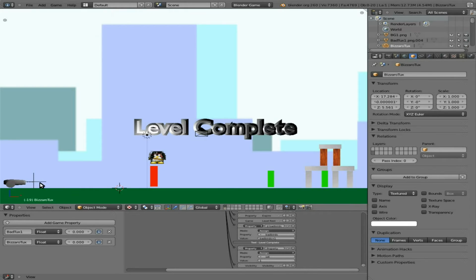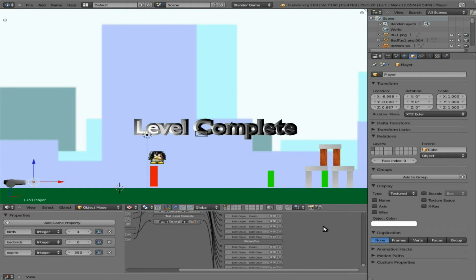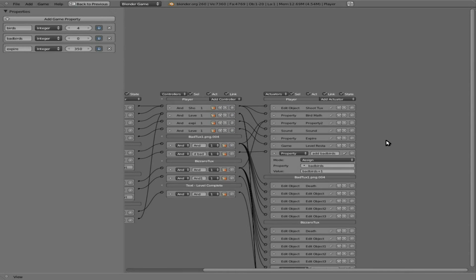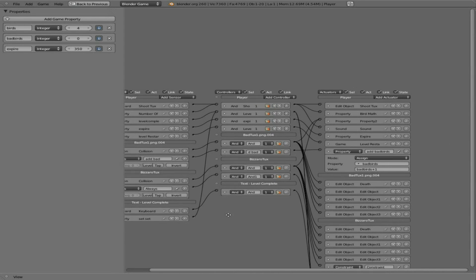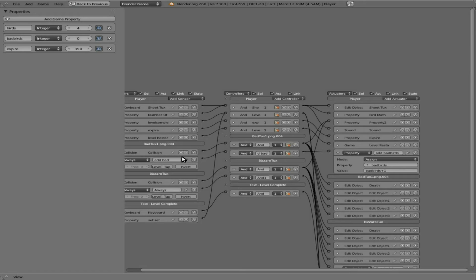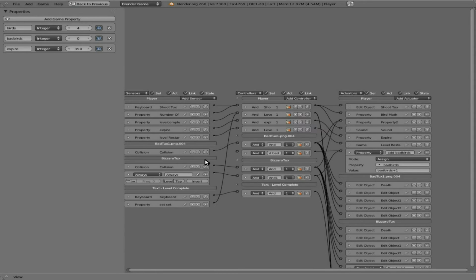So shift select our empty here. Let's make this full screen so it's easier to see, hitting control up while hovering over it. We have the bad birds adding here, which isn't working for the other Tuxes because they're being generated at the same time, but these Tuxes will be generated at different times. I'm assuming that's the issue because this works for me. We got our Bizarro Tux right here, always connect, and we will connect that to here. And as far as our bad Tux goes, we can remove that, and that. So now,